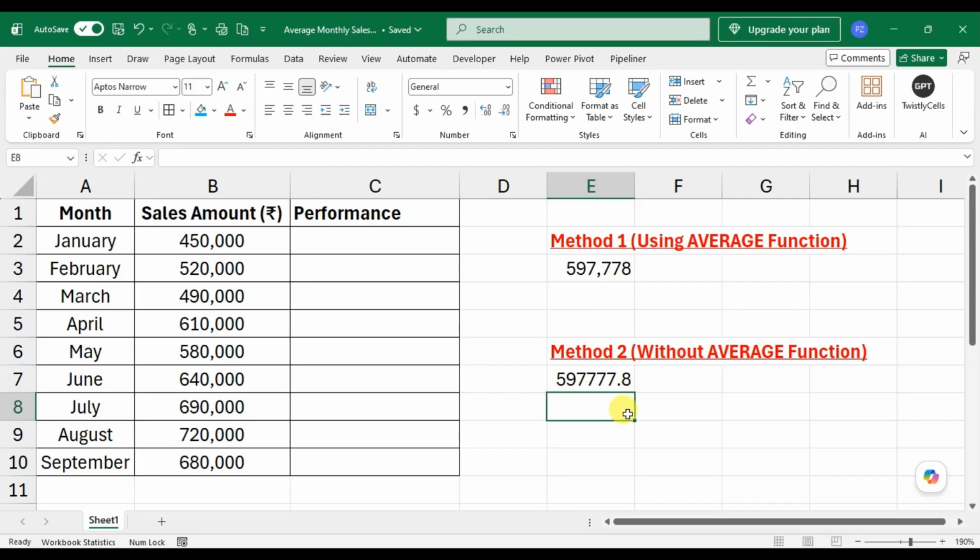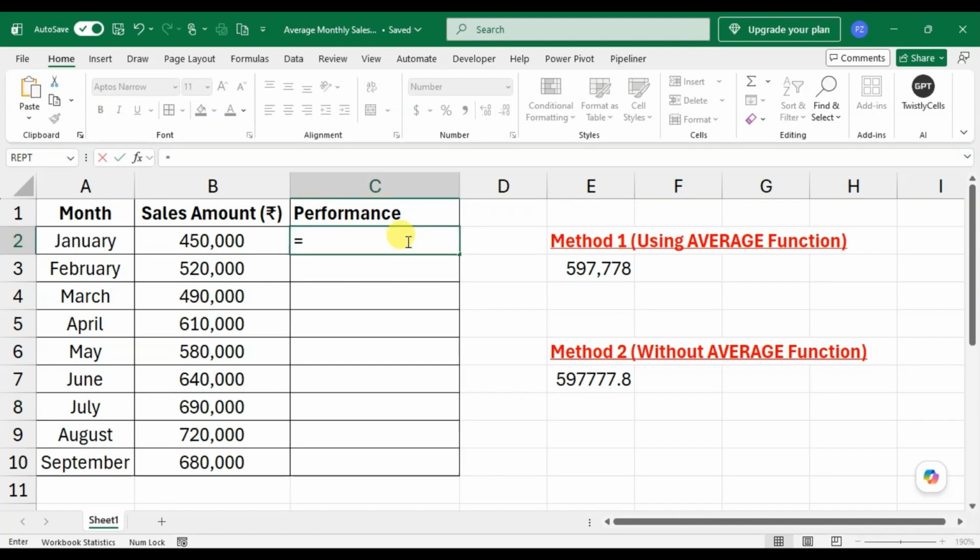Okay. And next, I'm going to calculate the performance status, like above average, below average. So I select the cell, use equals, and here I'm using the IF function and select the B2 sales amount, use the greater than or equal to sign, select the average amount. So here I select the average amount E3, then press F4 to fix the average amount, then use the comma, in double quotes, type above average,